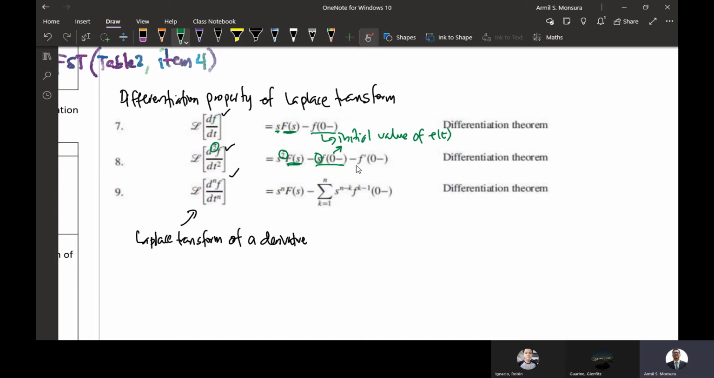And then minus itong dulo, which is now the initial value of f prime of t. Ibig sabihin, kunin natin yung first derivative ng f of t, tapos kunin natin yung initial value niya by substituting 0 to t. So, yun yung pagkuha ng Laplace transform ng second derivative ng function. Finally, sa nth derivative is